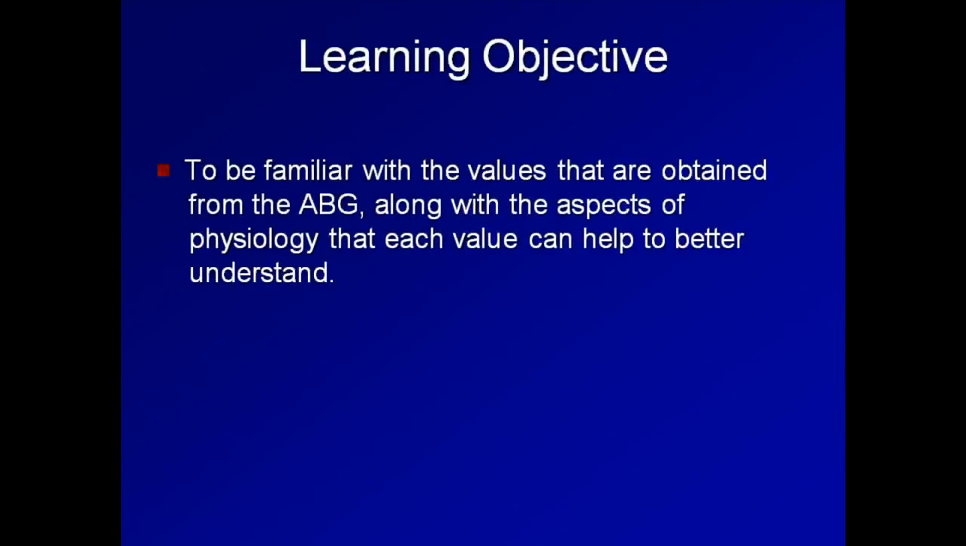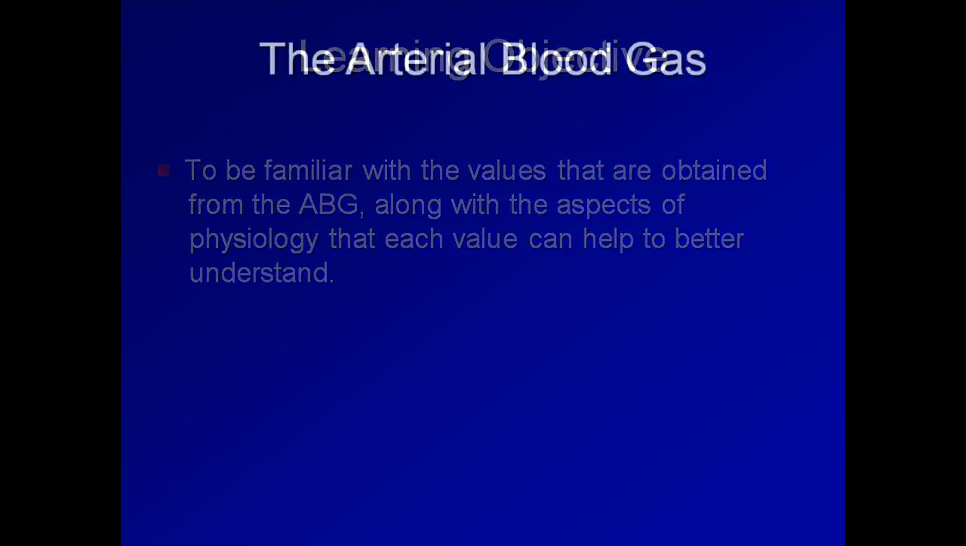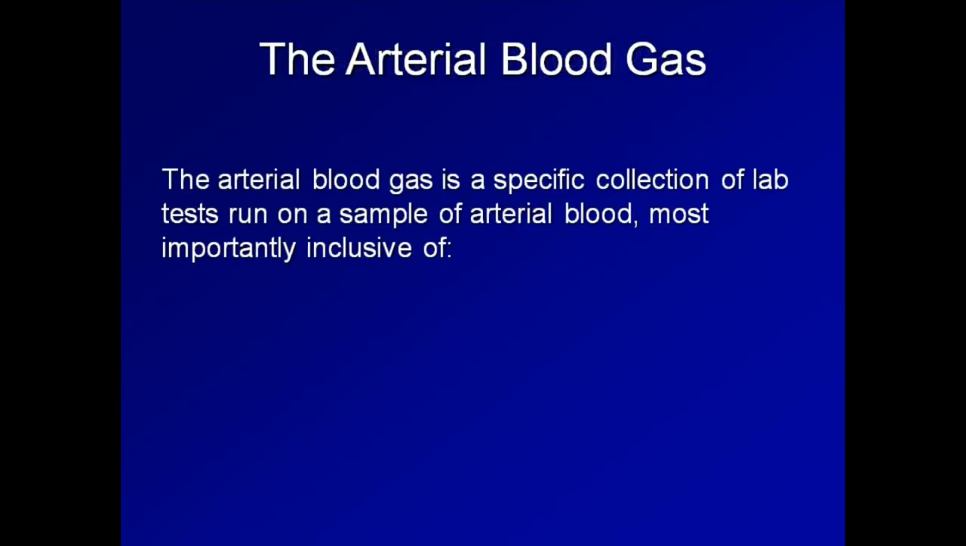The remainder of this lecture will give a very brief grand overview of the ABG. The learning objective is to be familiar with the values that are obtained from the ABG, along with aspects of physiology that each value can help to better understand. The arterial blood gas is a specific collection of lab tests run on a sample of arterial blood, which is most importantly inclusive of the arterial pH, the partial pressure of oxygen, abbreviated PaO2, and the partial pressure of carbon